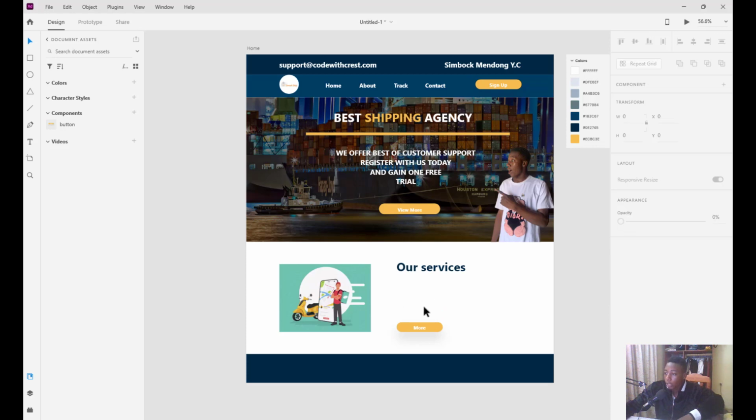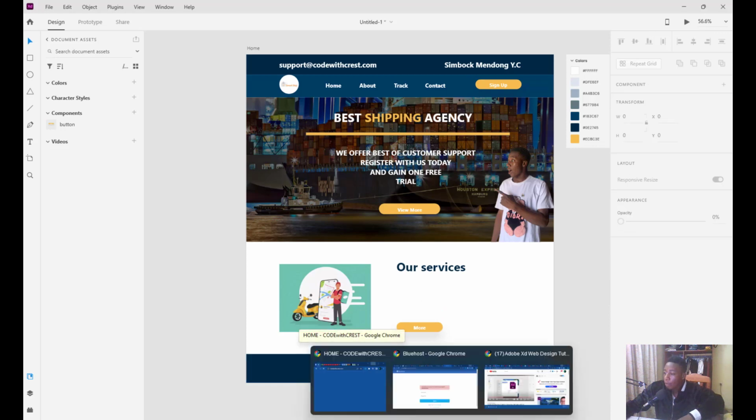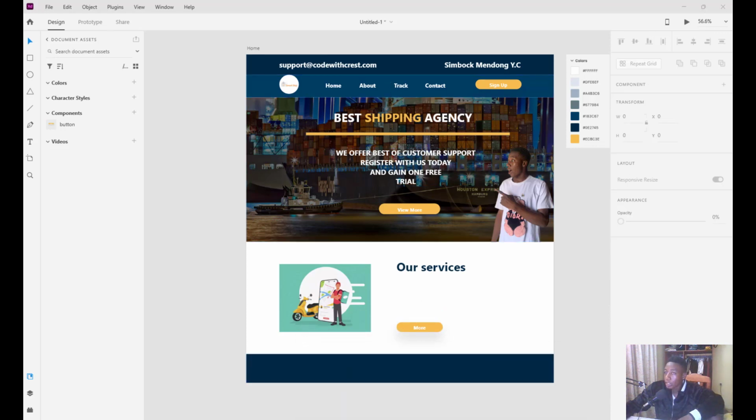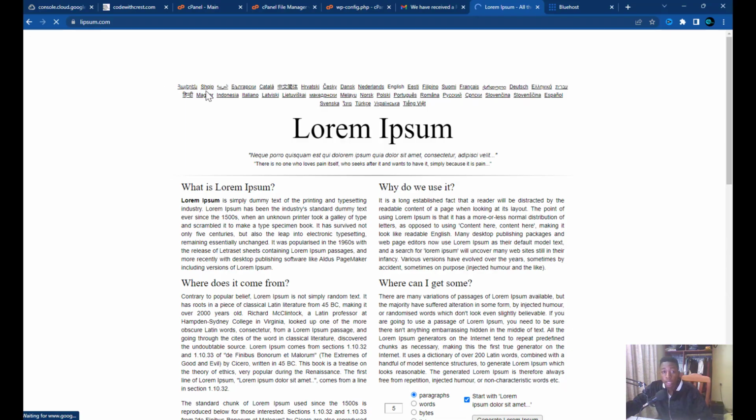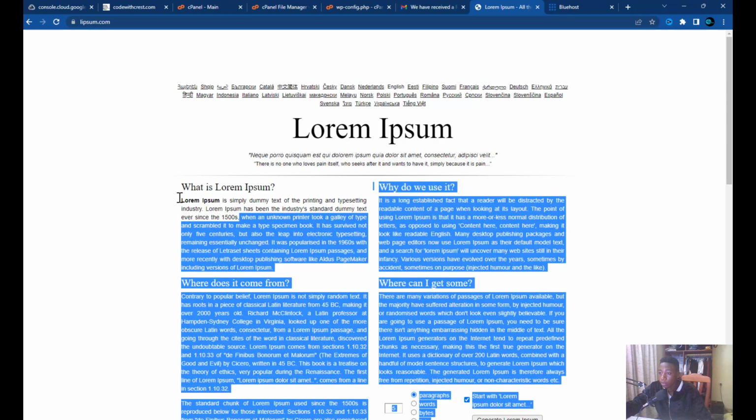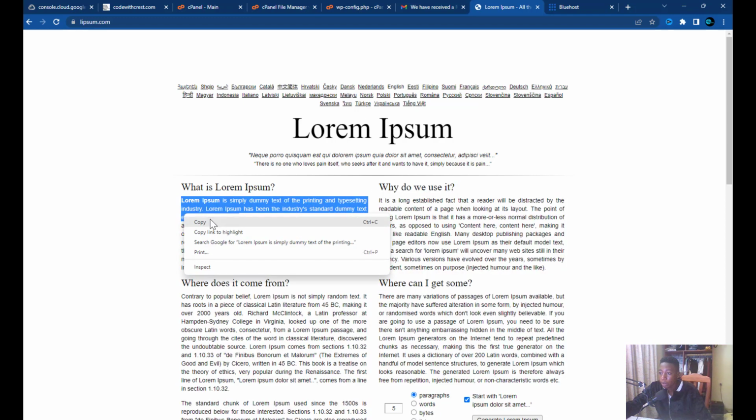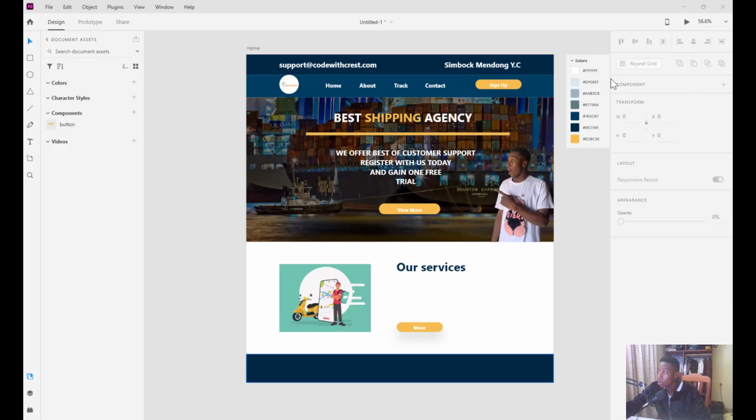So maybe we can look for some random text from somewhere. So you can come somewhere like you go to the internet. So guys, we will copy just one paragraph. Oh, sorry. So we just want to take something like this, just one paragraph. We copy this and then we come back here. We just want to insert a text area. For instance, we can put it here